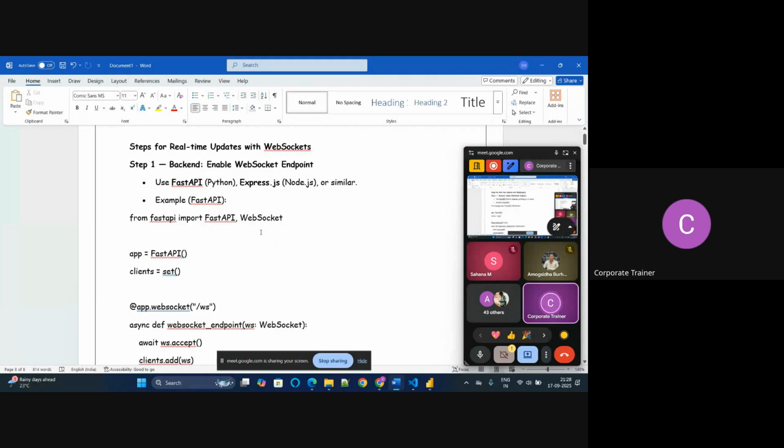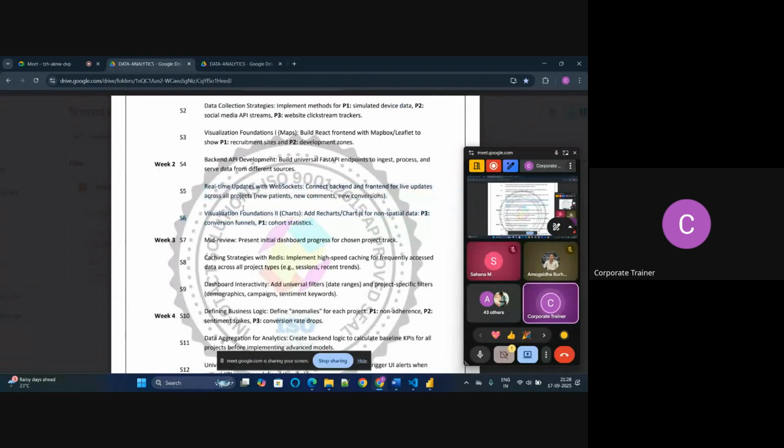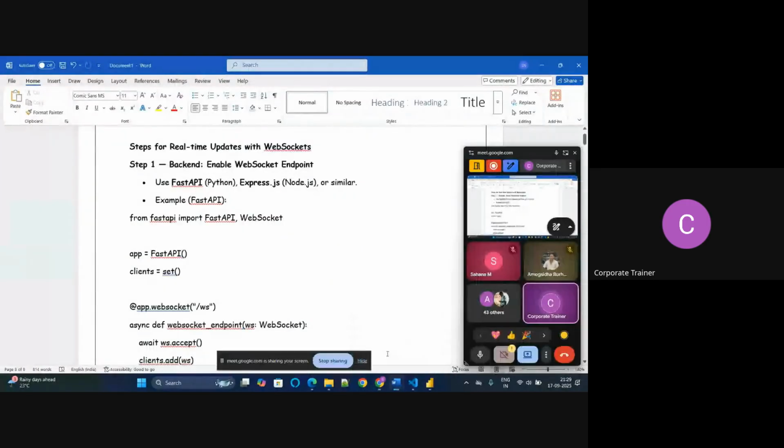So here is a quick revision. We have to know about the real-time data update with WebSocket. We are working with patient-related things, so we have to update the real-time data using WebSocket. How can we do it? For this you have to connect the